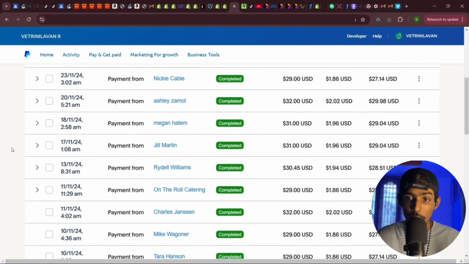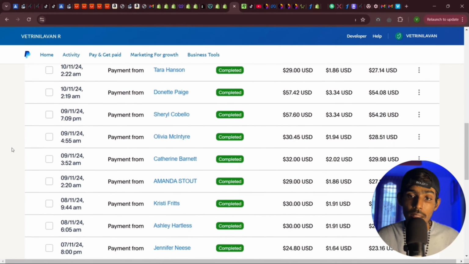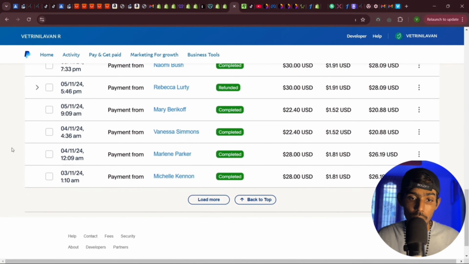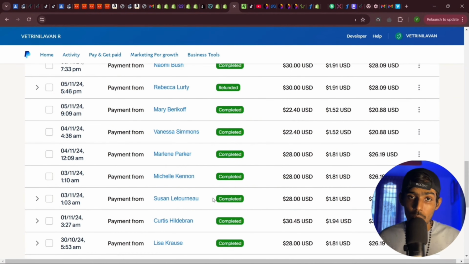So these are some transactions from PayPal. These are some orders which were made using PayPal, and there are lots of orders. These are some proof that I have made sales and I have converted into Indian rupees. And obviously I got some chargebacks,